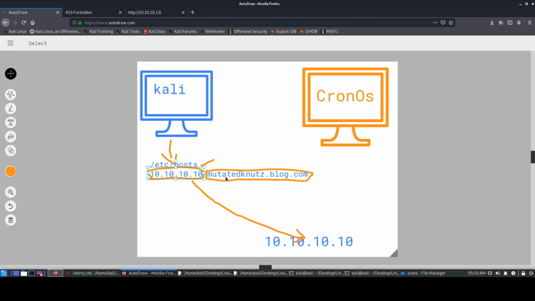So in short, this is like your phone number, and this is the contact name that you have saved. So obviously, why is there a domain name present? I'm sure many of you may already be aware, but DNS is present for a reason, because it is easier to remember mutatednuts.blog.com, but it is difficult to remember this particular IP address. So obviously 10.10.10 is easy, but what if